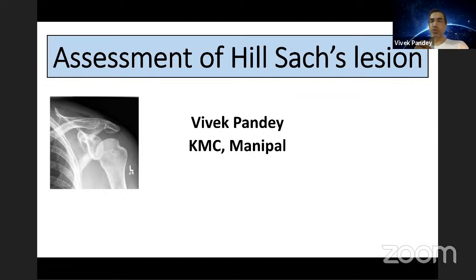And probably the paper of Itoi and Yamamoto changed the entire scenario of where the Hill-Sachs stands today. And probably for the last 12 years, everybody is roaming around only that concept of off-track and on-track, and that's giving us a large part of guidance. But it's nice to see that there are so many things in Hill-Sachs to see and assess, and then to probably make a decision.